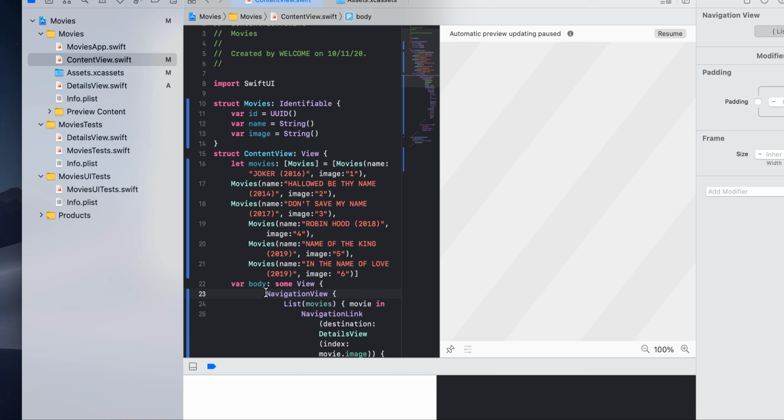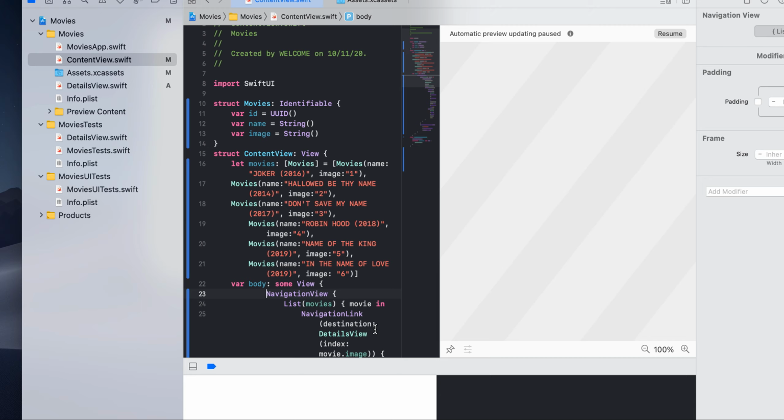You can move from one scene to another scene with the use of the NavigationView, and it is going to show a list of movies. List of movies, movie in, and look at the NavigationLink destination. So what the NavigationView is trying to do is create a navigation link to the destination.